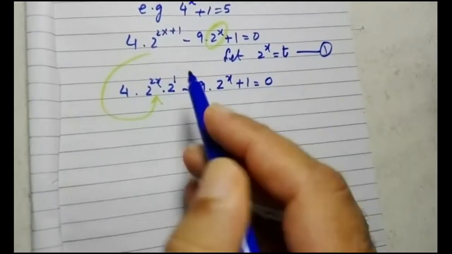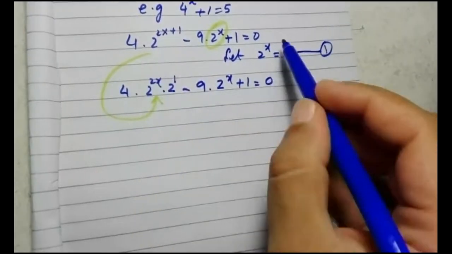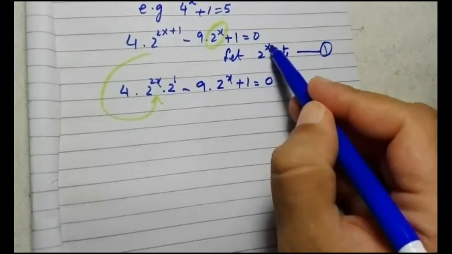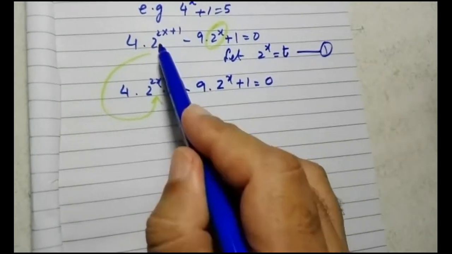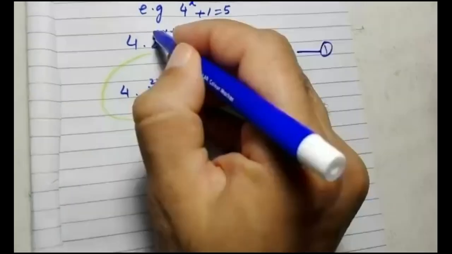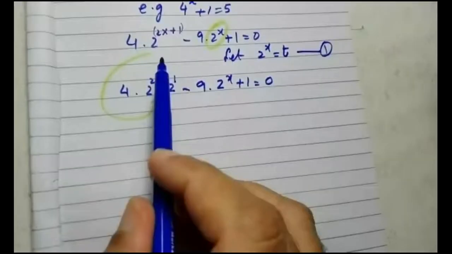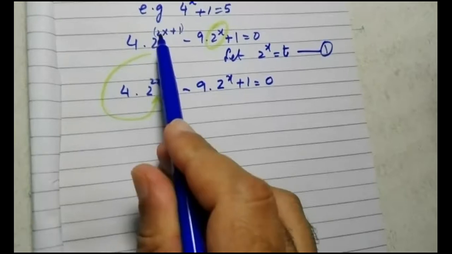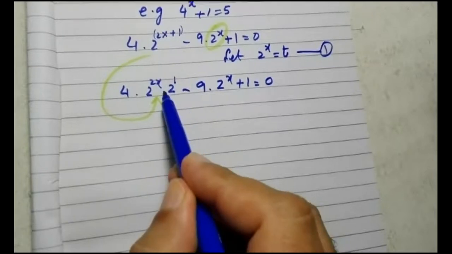What I have done: 2 raised to power x is written separately, and you will notice that we have substituted 2 raised to power x equals t. And I have broken this 2 raised to power 2x plus 1 into two parts, 2 raised to power 2x and dot 2 raised to power 1. You can see that this whole power has a single base 2. This 2 is separated with 2x, and this base 2 is separated with power 1, right here in this position.